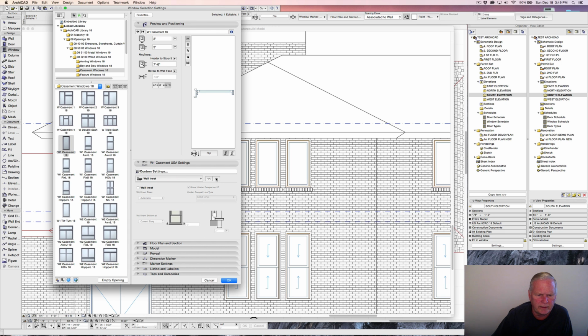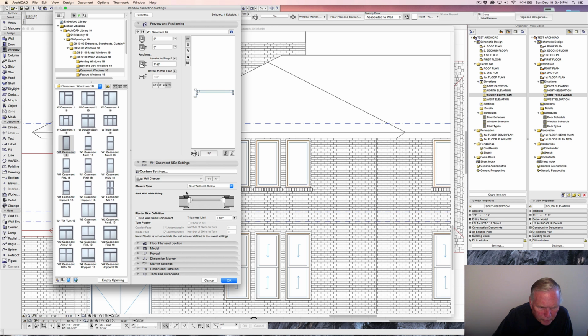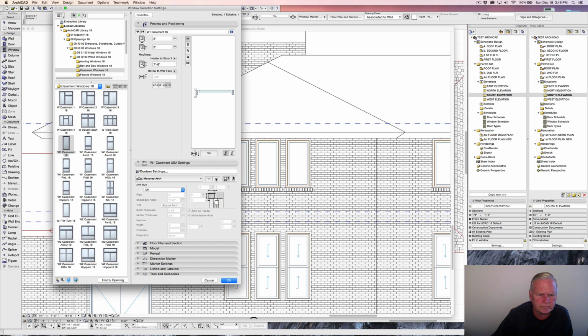Okay. And nothing we have to change there, nothing here, I believe. Okay, so closure type stud wall with siding. I think this is going to be the profile we're going to get with that running into there. So we might be okay leaving that alone. All right. No masonry arch, and then we're at the last item there. So with that, I'm going to say okay,